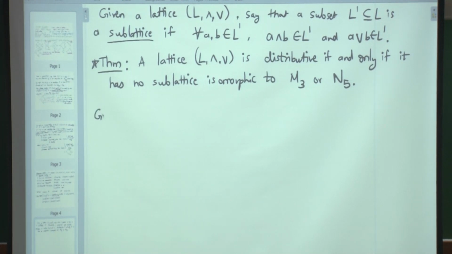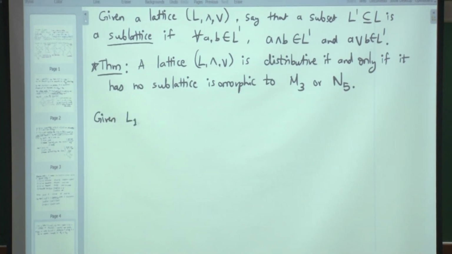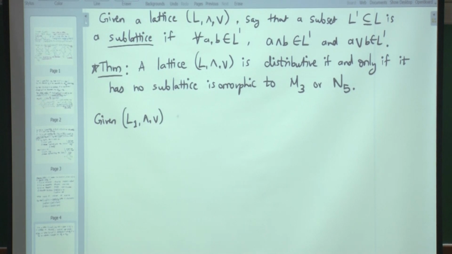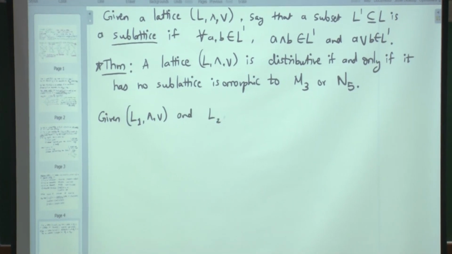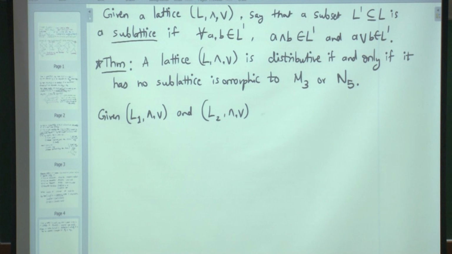Given lattices L1 (meet, join) and L2 (meet, join), say that f from L1 to L2, a function, is a lattice homomorphism